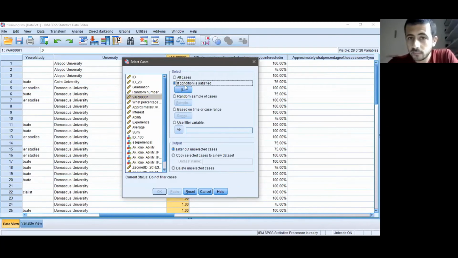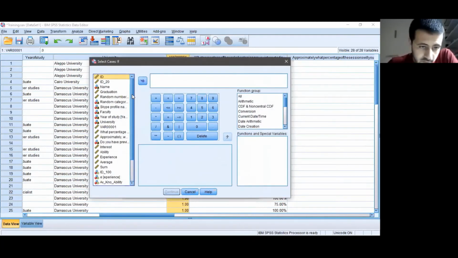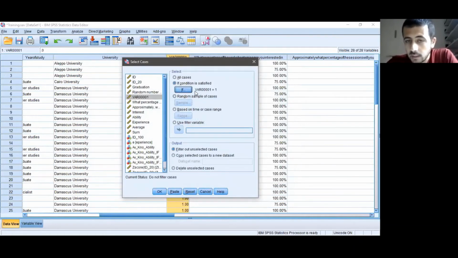So if the condition is satisfied, what is the condition? I need variable 1 to equal 1. Continue. So if it equals 1, I will select the cases and everything else will be